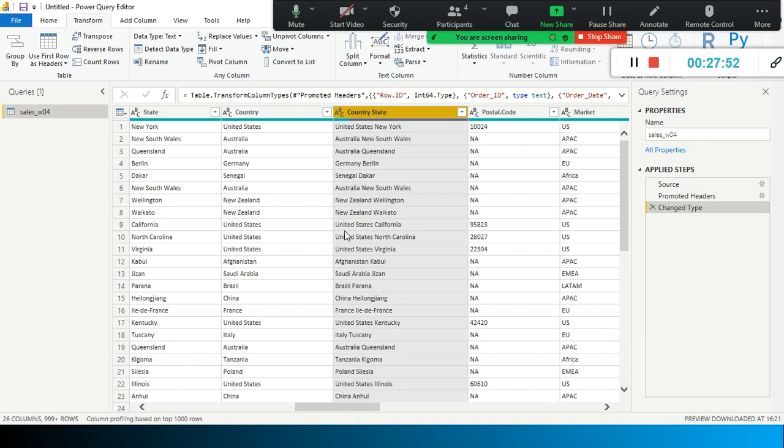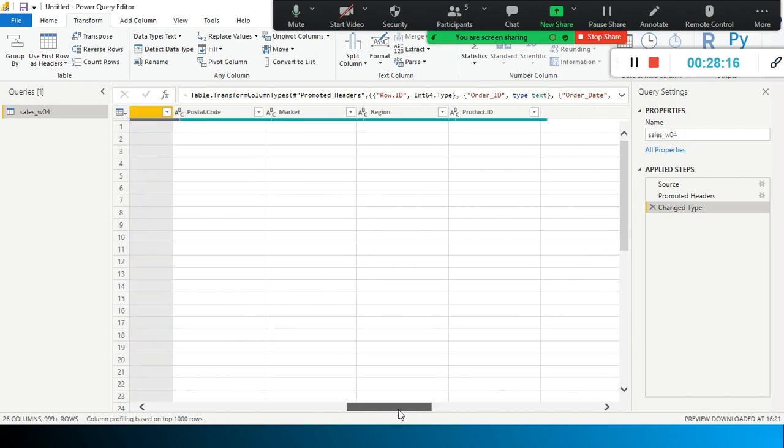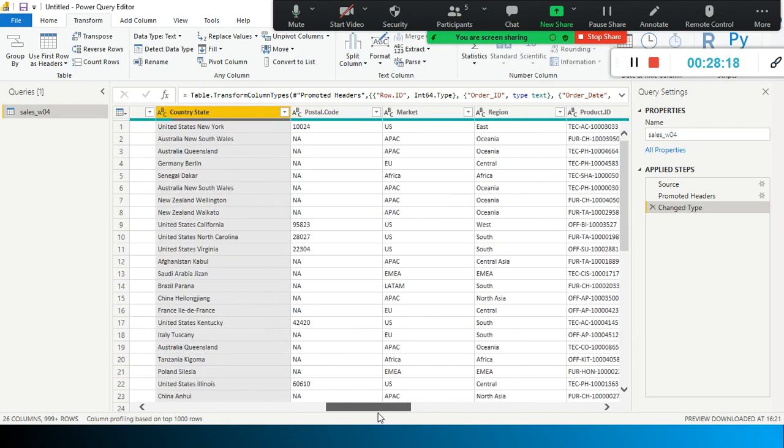This is how they give data most of the time. But if you are lucky, you are good. I'm not saying country and state, sometimes they combine it and give it. There are other cases where they combine these two and give it to you. In that kind of situation, you need to extract the text data separately. Anyhow, we will see later what DAX functions are available for playing around with text data.